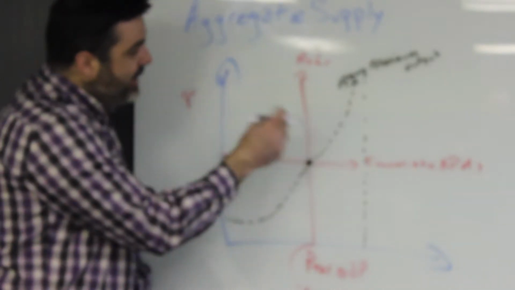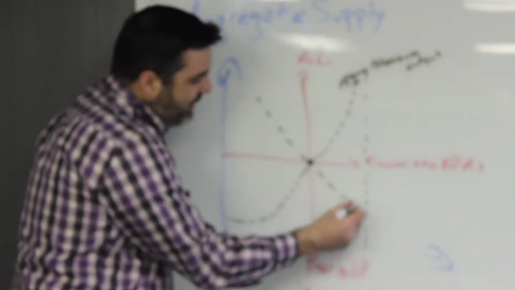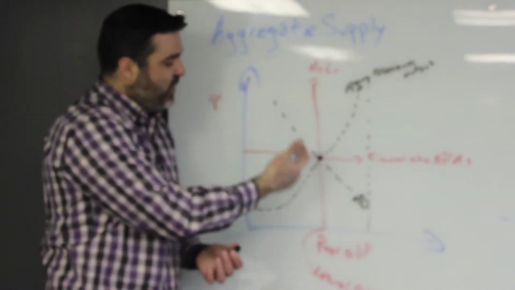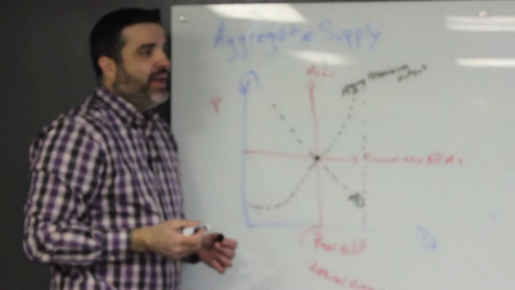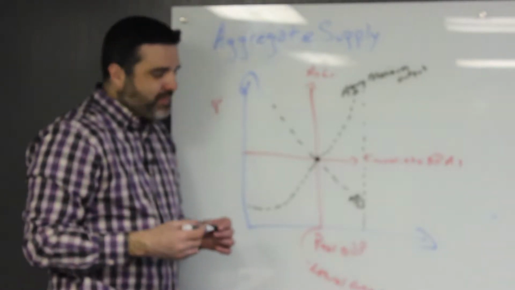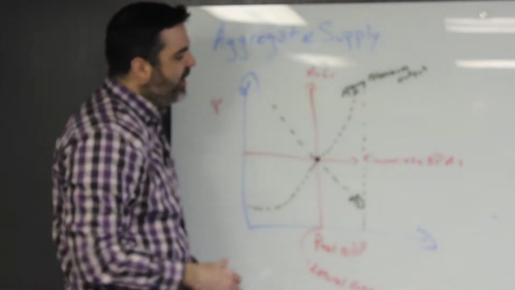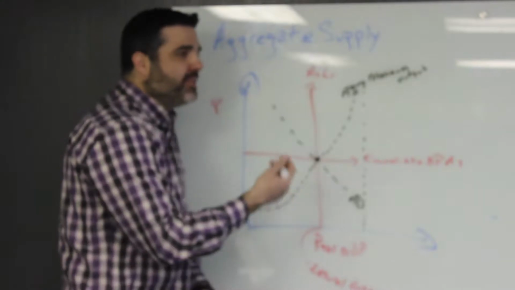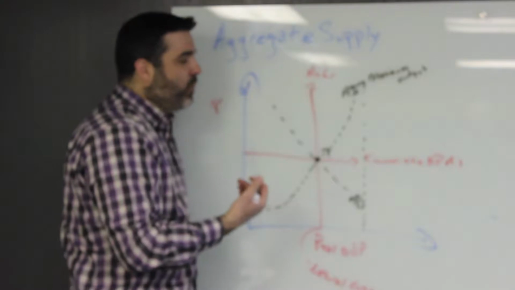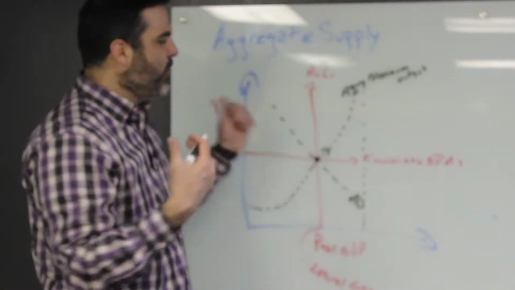And if it does, and if we have an aggregate demand curve that crosses in the same place, then our economy is running beautifully, because that's what we want to see. We want to see them cross, and then the economy is running in a healthy place. That's when everything works great. There are times when it doesn't work this way, when everything gets moved up. There are a few things that happen, and we're going to talk about those later.